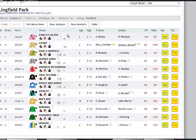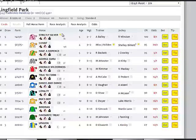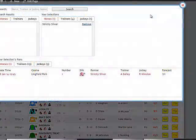If you want to add a horse or a trainer or a jockey, say I wanted to add Strictly Silver, I can just click the grey star, add Strictly Silver to your favourites, okay, and that's done, and that's now yellow. And if I go back to my tracker, I can look at the horses, and you can see I now have one horse on there which is Strictly Silver. I can remove that horse